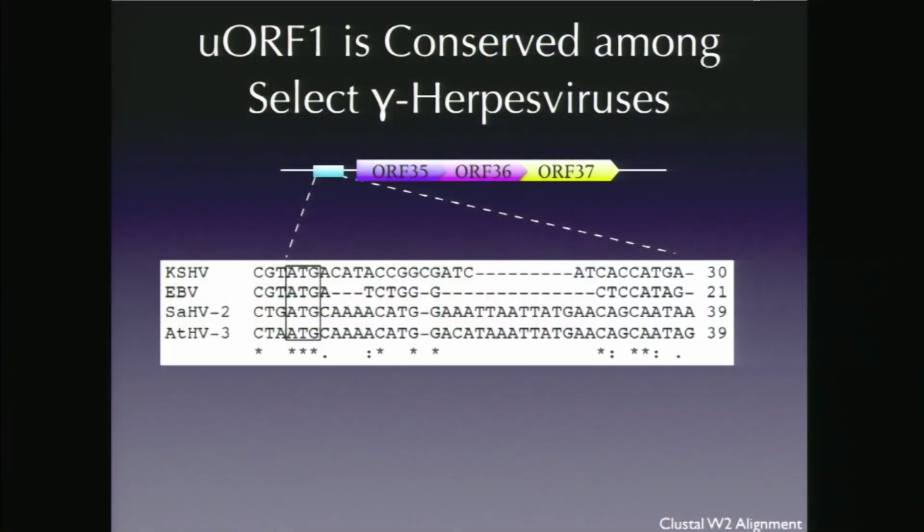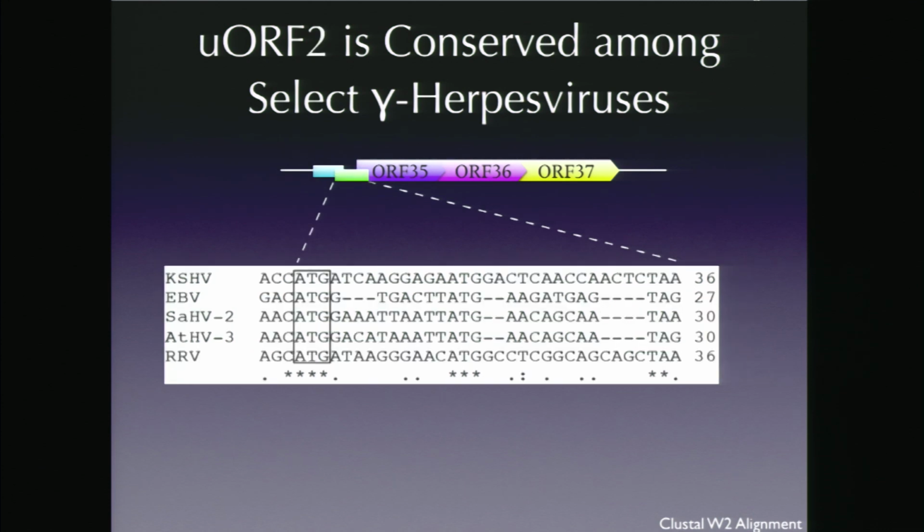Finally, we wondered if these uORFs were specific to KSHV or whether they were conserved within the gammaherpesvirus subfamily. And indeed, we identified a uORF present upstream of the ORF35 homologs in Epstein-Barr virus, the primate herpesvirus Saimiri, and the spider monkey Ateline herpesvirus 3. We also identified a uORF overlapping the ORF35 homologs in those 3 viruses, as well as an additional rhesus rhadinovirus. And although we don't yet know if these uORFs are functioning similarly in these viruses, it was interesting to note that there was no obvious amino acid conservation, indicating that these uORFs are likely functioning simply by engaging the translation